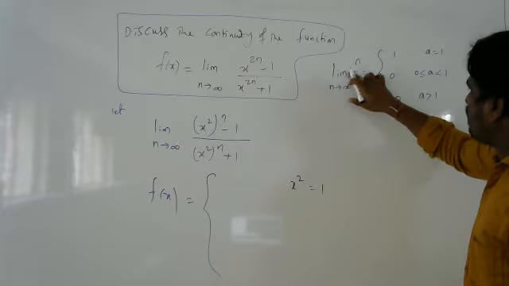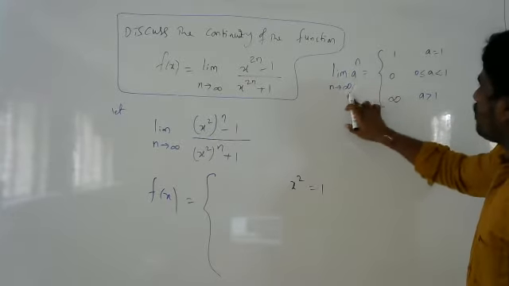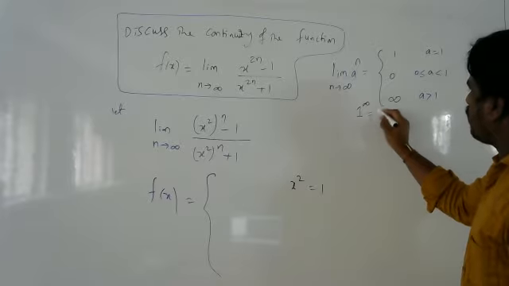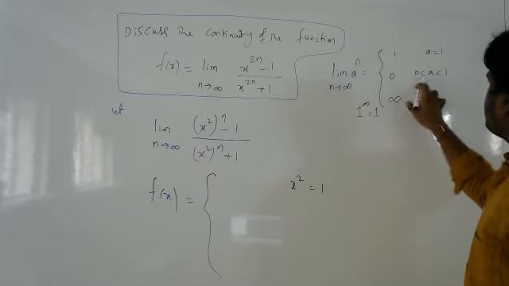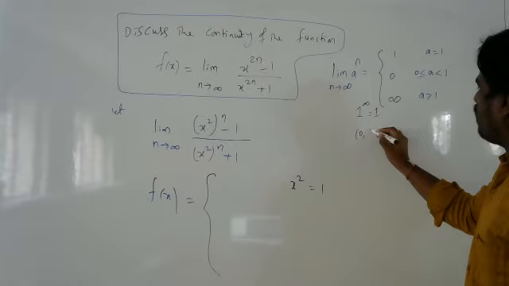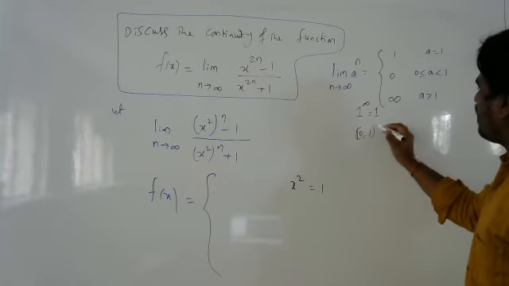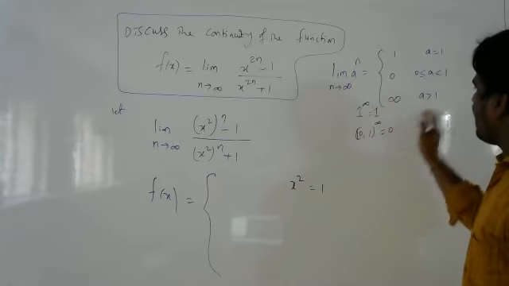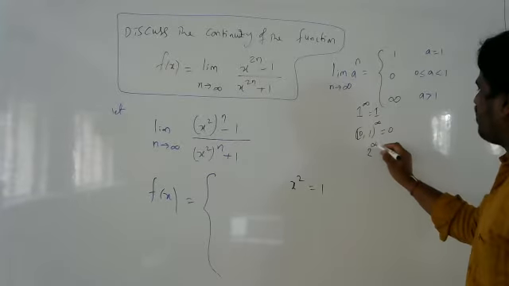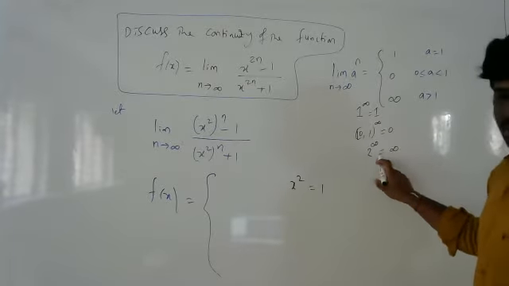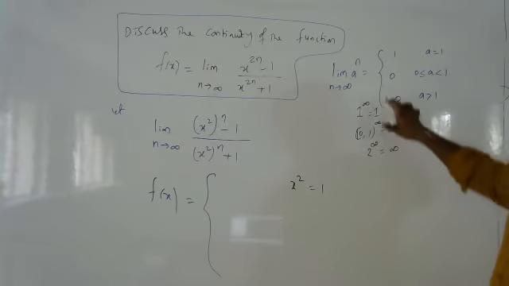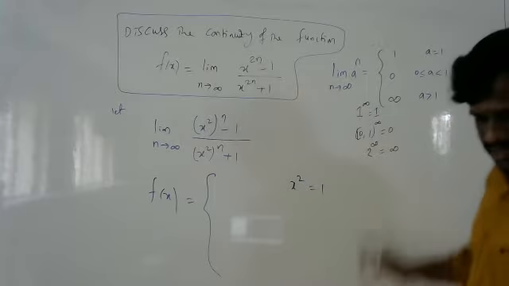So I told you, if it is 1, what happens here? If I substitute the limit, 1 power infinity is going to be 1. If it is between 0 and 1, any number in between 0 and 1 to the power infinity will give you 0. Now, if it is greater than 1, like 2, 2 power infinity is infinity. Right? 2 is multiplied infinity times, so infinity. So this is called a built-in limit.